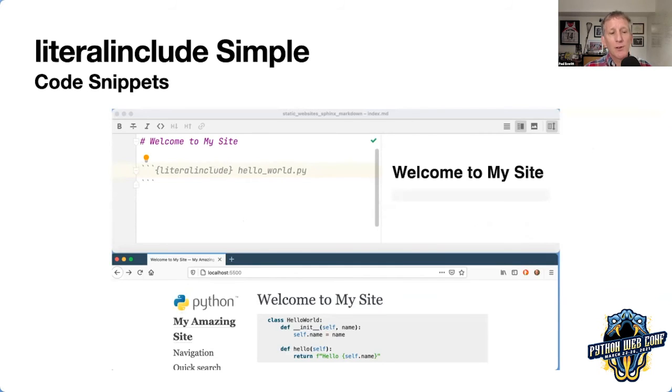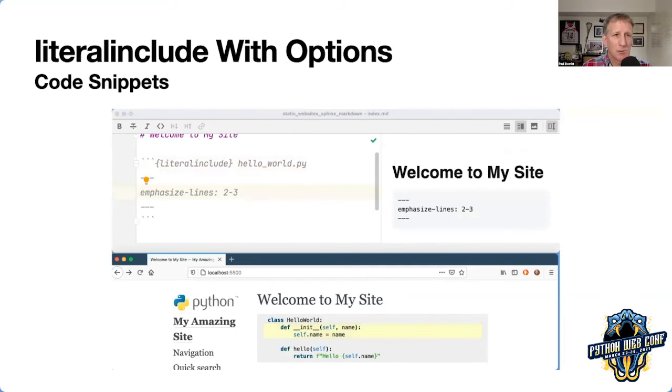Calvin, that's a good point about real-time editing and make docs. That universe is extremely helpful for authors. Now, I can also do literalinclude with some options, as we see here. And in this case, I'm doing the emphasize-lines thing again. Literalinclude has some really cool options, because what if I add an extra line? You know, and so my lines might be off. Well, you can put these markers in that say start here, finish there, and not show the entire file.